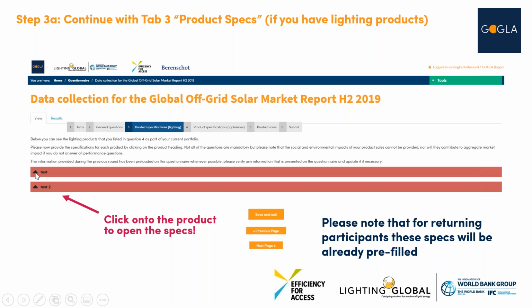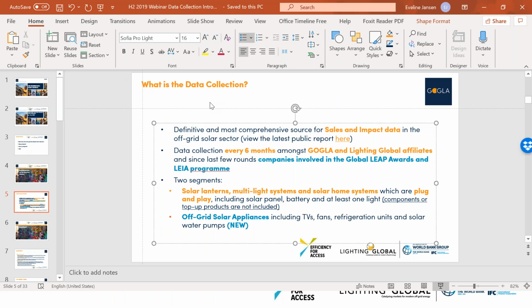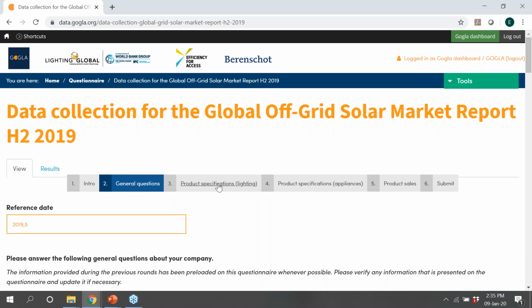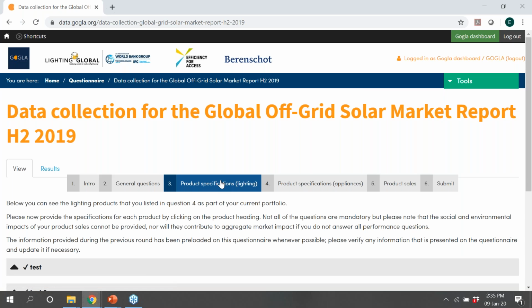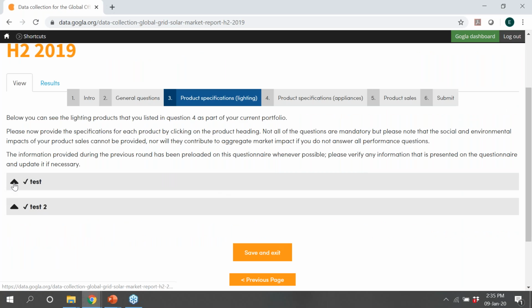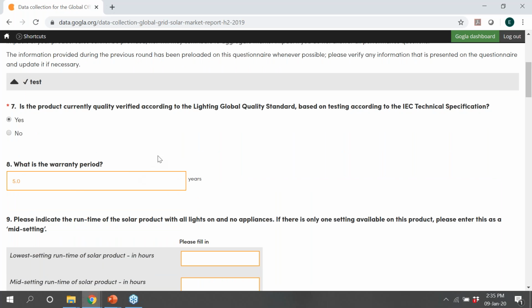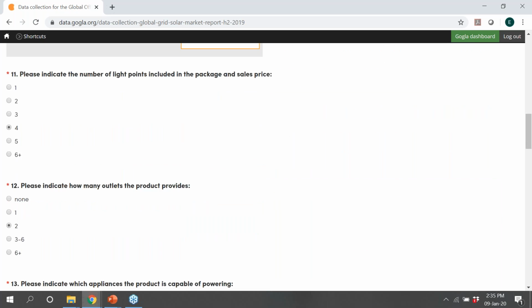So you need to actually click on this little arrow button for a drop down. Let me quickly show it on the platform. So you need to click on that product to get a drop down to open the product specification questions. So I'll do that here. And then you see you get a lot of additional questions down here.